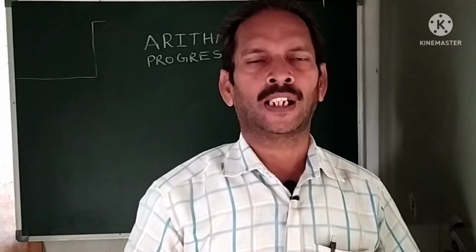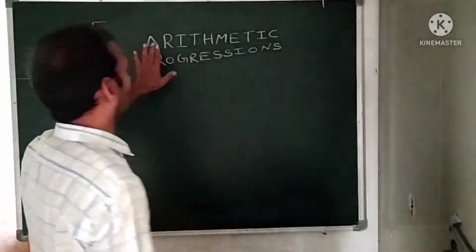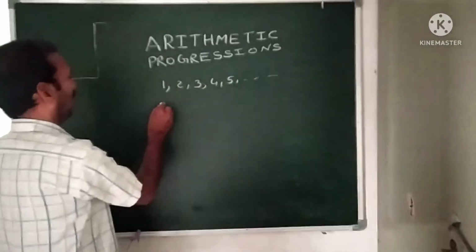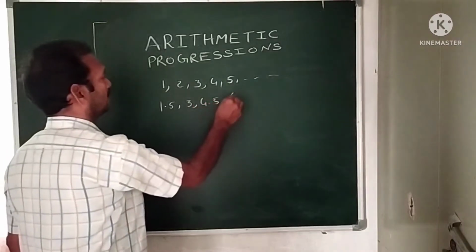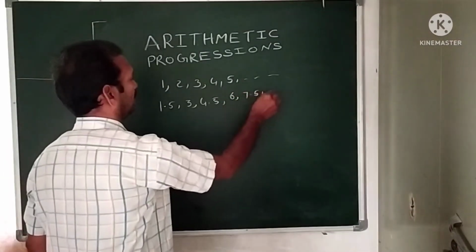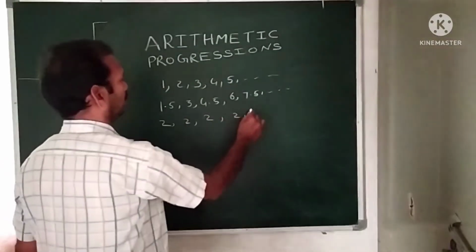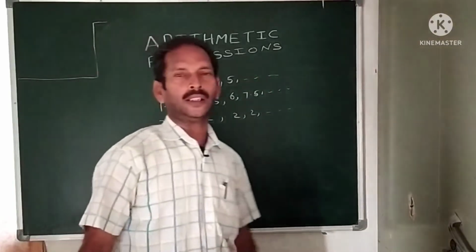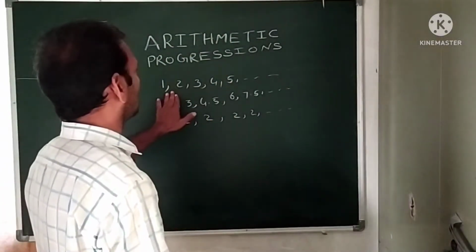Today we will discuss arithmetic progressions for class 10th. Consider a list of numbers: 1, 2, 3, 4, 5, and so on; 1.5, 3, 4.5, 6, 7.5, and so on; 2, 2, 2, 2, 2, and so on. Like that, a list of numbers. Observe that in this list of numbers,